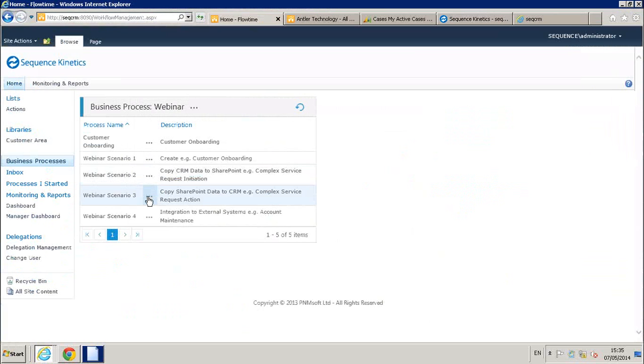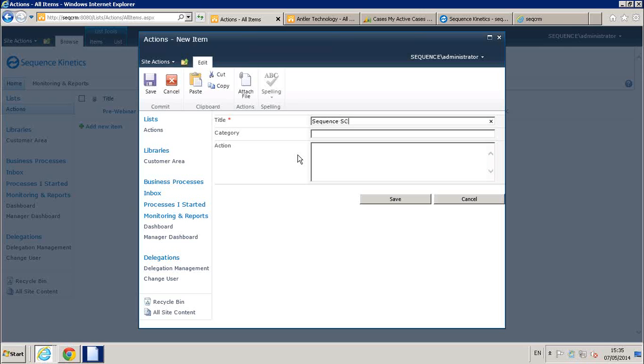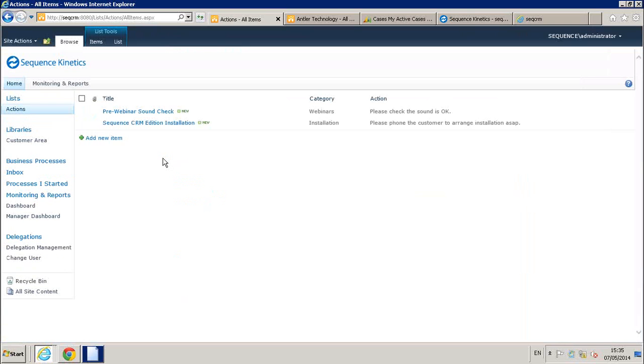So let's run through this scenario. And to do this, I don't start this automatically. We simply go to our actions and we add a new item. All standard SharePoint stuff here. CRM edition. If I could spell. Category installation. As I say, one list item could result in many activities within CRM. May just take a few seconds for it to propagate through the system, but hopefully fairly quickly, I now